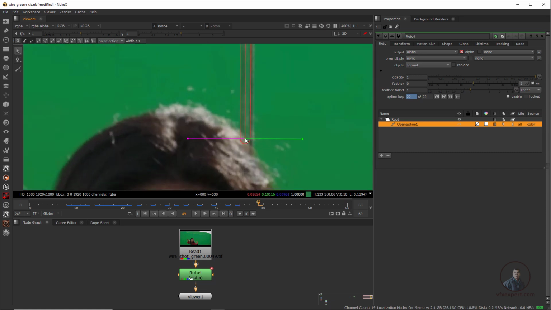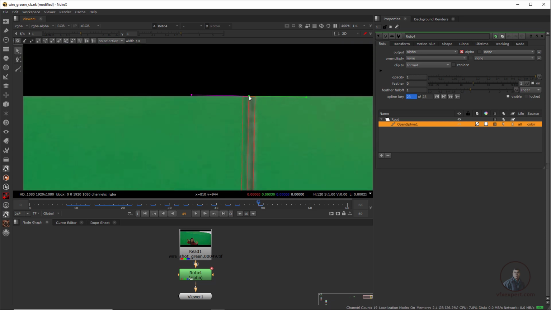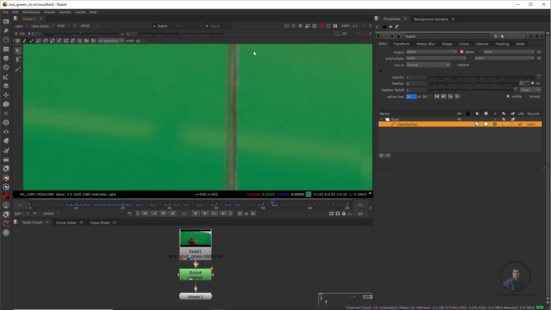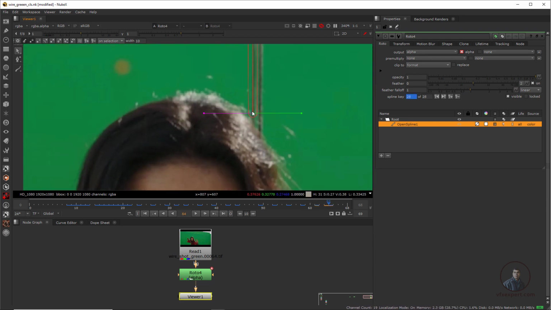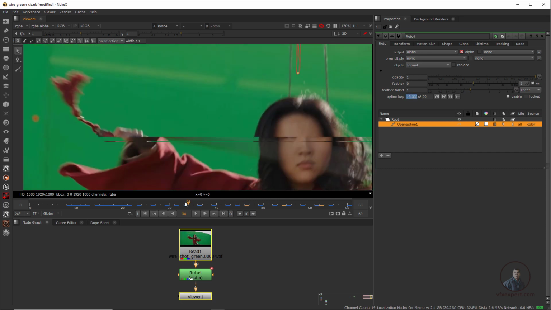Now here we are getting a second wire with our first one. So carefully we have to place it here. Now I have completed our entire frames.